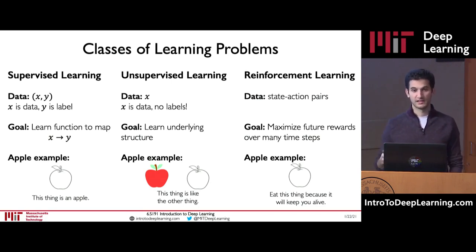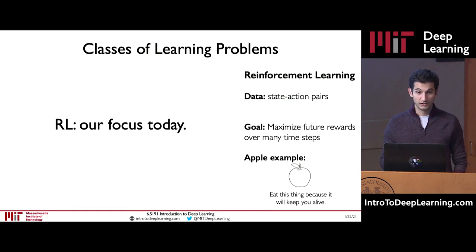So in this apple example now that we've been keeping on the bottom of the slide, we might now see that the agent doesn't know that this thing is an apple. And now it just learns that it should eat this thing because when it eats it, it gets to survive longer because it's a healthy food, right? This thing will help keep you alive, right? It doesn't understand anything about what it is, or maybe even the fact that it's a food, right? But it just got this reward over time. By eating an apple, it was able to become healthier and stay alive longer. So it learns that that's kind of an action that it should take when it sees itself in a state presented with an apple. Now, RL, or reinforcement learning, this third panel is going to be the focus of our